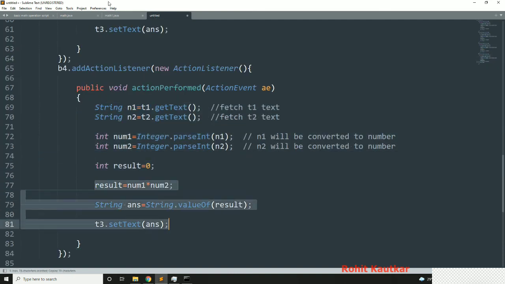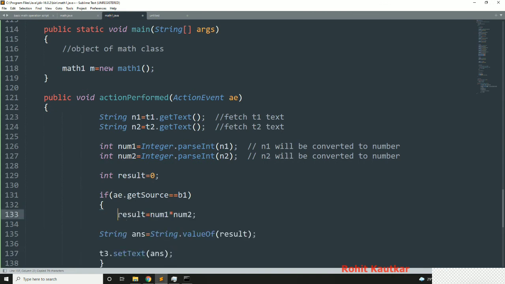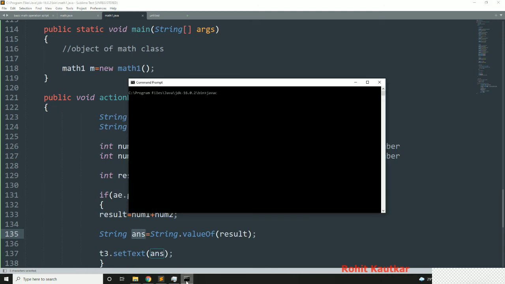So I will copy this, and let's say result is equal to num1 plus num2, and we will set its value. Okay, javac math1.java.